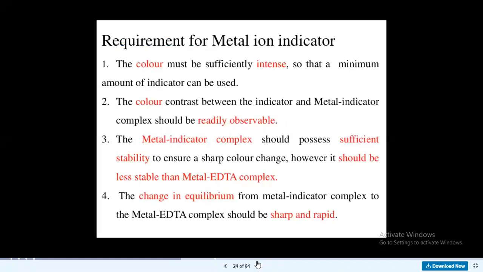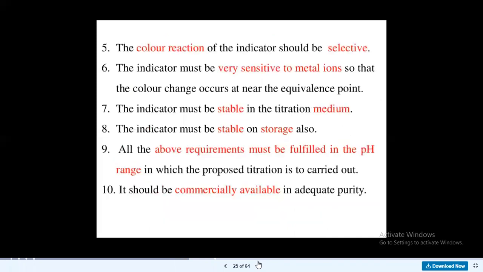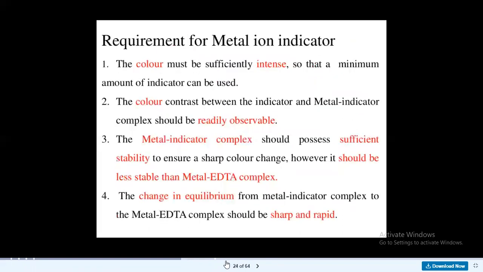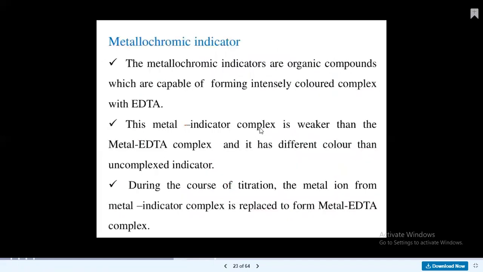ठीक है, requirement of metal ion indicator color ऐसा चेंज हो कि there must be some color change, मतलब that can be easily identified the reaction is over and the indicator is present in the alone form. ठीक है, the color reaction should be a very selective one and a very stable one. अच्छा, one thing that is also very important here कि आपके पास जो metal indicator complex is a weaker one as compared to that of metal EDTA complex, but it is not such a weak one that it is not a stable one, कि आपके पास कलर बन रहा है और वापस से रिमूव हो रहा है,